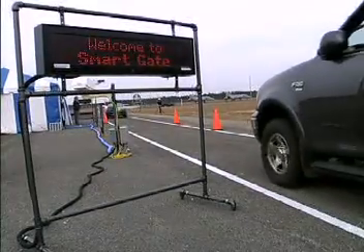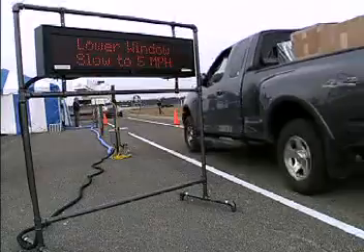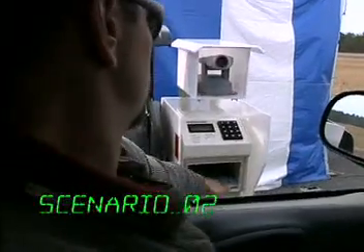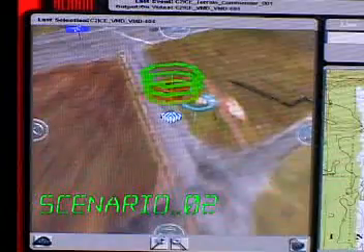This vehicle is attempting to access the base through the SmartGate. When the driver fails the hand scanner, an alarm is